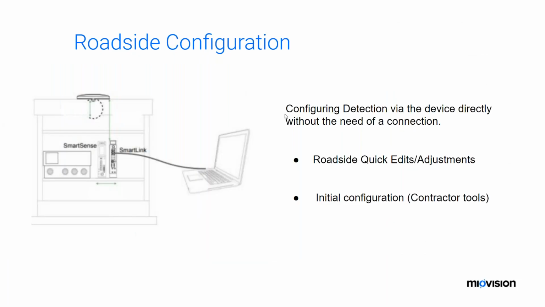So quickly, when I say roadside configuration, this means plug into the device locally with your laptop. It does require a laptop. I've never really done this with a tablet, but I guess that could work too if you have a tablet and you have a way to connect to Ethernet. But you can connect to it. You can log into the device, pull up the video stream on your computer without the use of our cell, make edits, configure the intersection as you want, get it up and running and drive away.